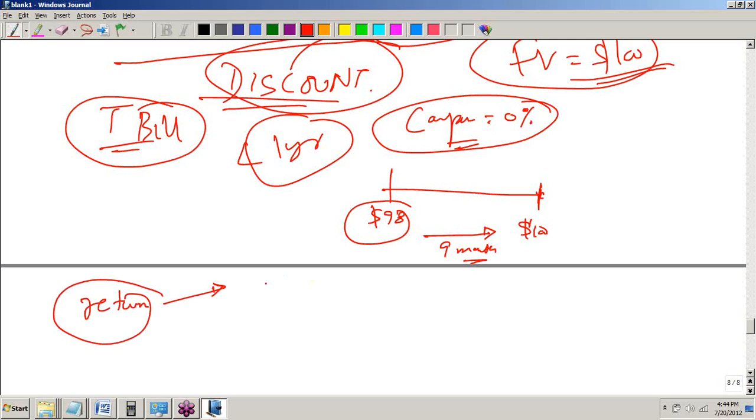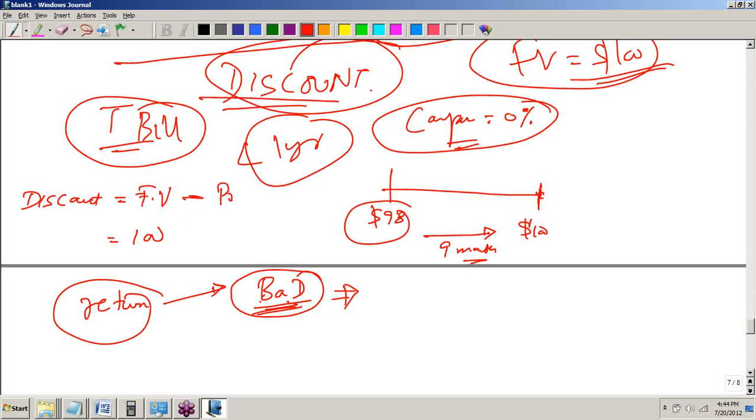There are different measures. One is bank discount yield, which essentially is a bad yield. It's not a good measure. In bank discount yield, the return is given by how much the discount is. Your discount is the face value, 100, minus the price at which it is trading, 98. So your discount is $2. That means from 100 it is less by 2. That is the discount. Your discount 2 divided by the face value.